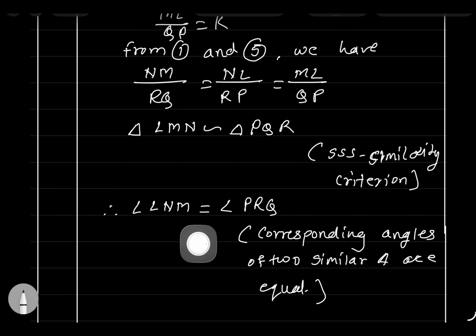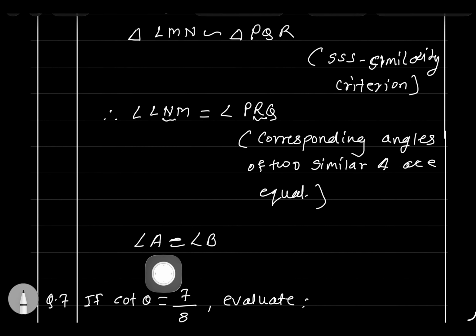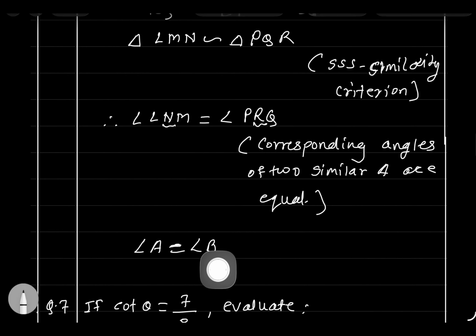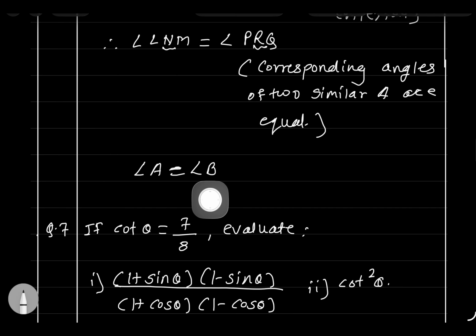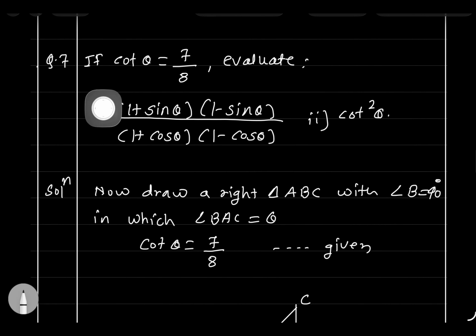So angles are equal means angle N and angle R. Here, the middle angle we have to see, this is the middle angle, that means this angle A. In the first figure you can check, angle N is angle A, and angle B. What we have to show is angle A equal to angle B. This angle is A, this angle is B, so angle A equal to angle B. This only we have to show, means we completed, we got the answer here.